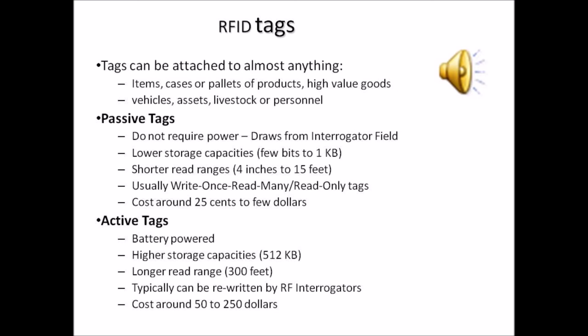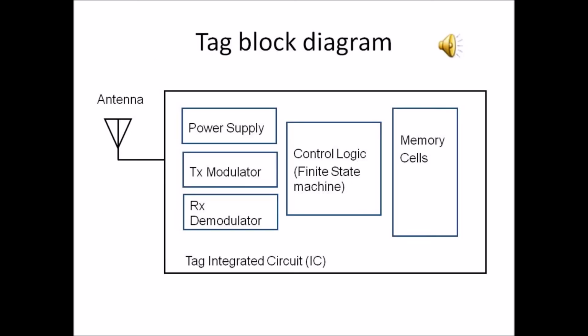When it comes to active, they're battery powered. So because they have some storage, they can operate over longer distances. Obviously, when it comes to long range operations, the cost involved is a little more when compared to the passive tag. This slide again tells about a detailed block diagram where we know that there's an IC chip in